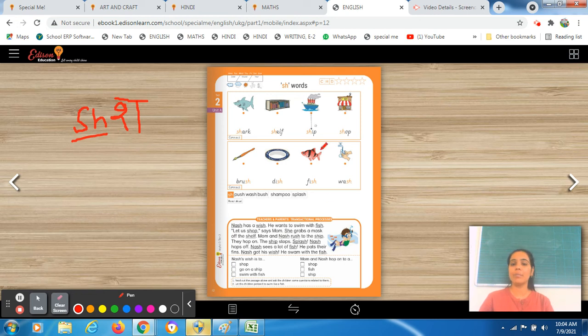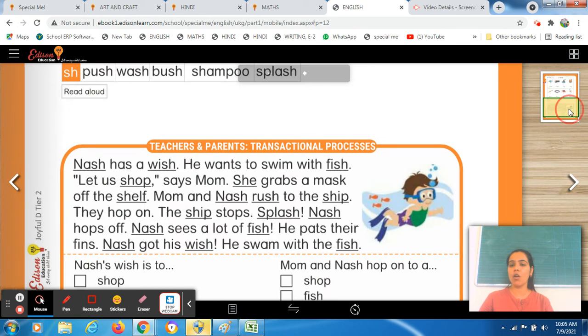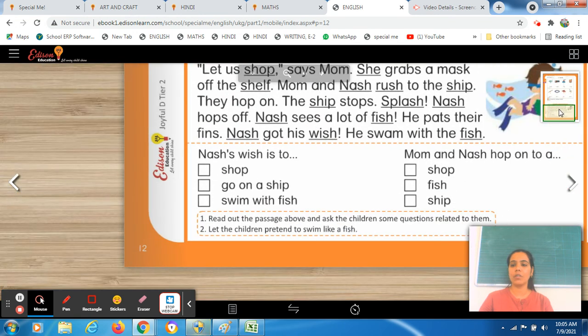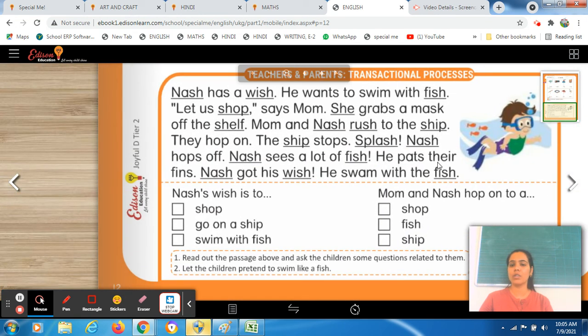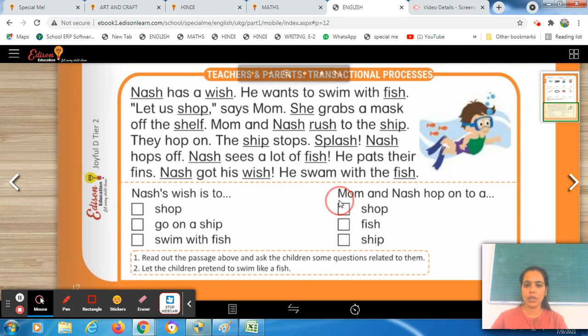Fine. Okay, we have completed the first half of this page, and I told you that we will do the next portion in our next session. So today we have to cover our whole worksheet by doing the second half of this page. So you all have to open page number 12 from your book and take pencil in your hands. Then we will start reading the passage which is given over here. Okay, students, let's start our today English class.